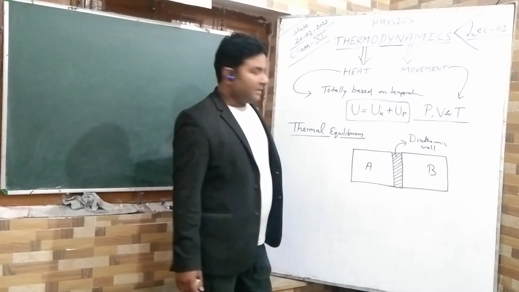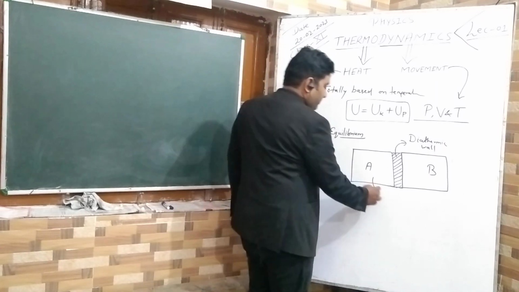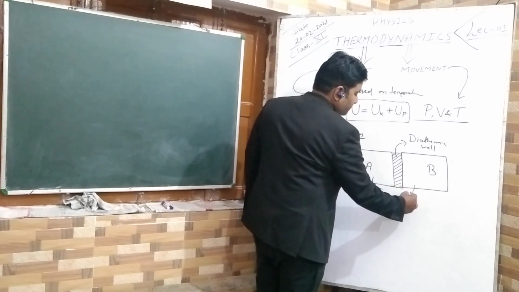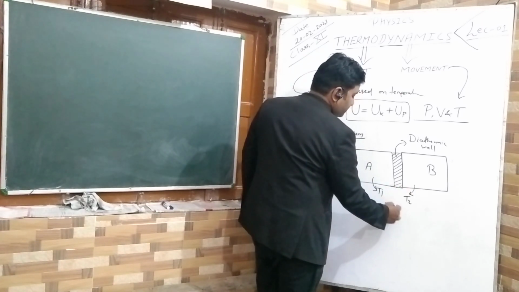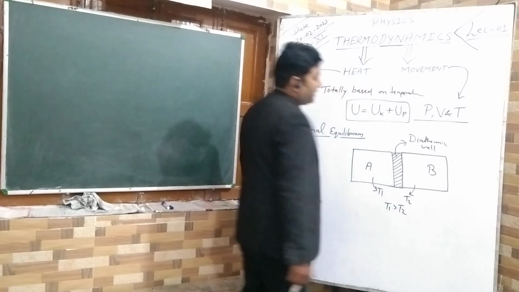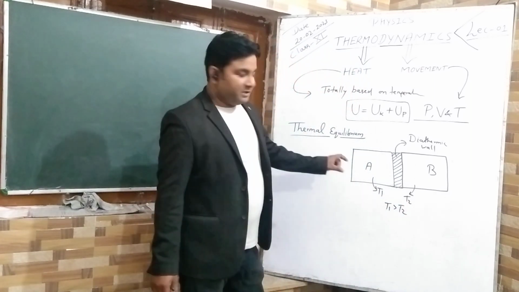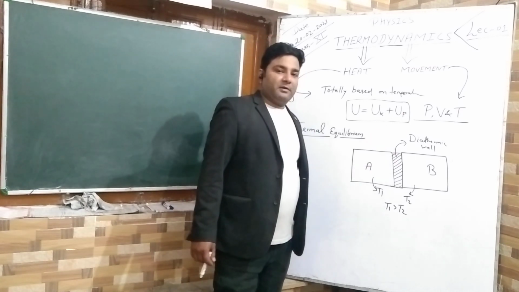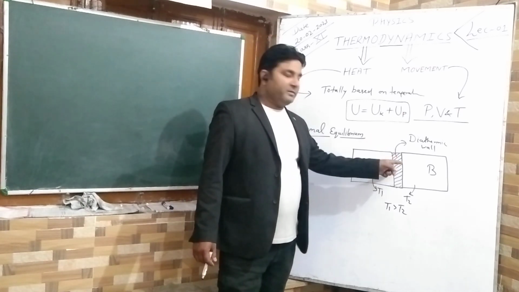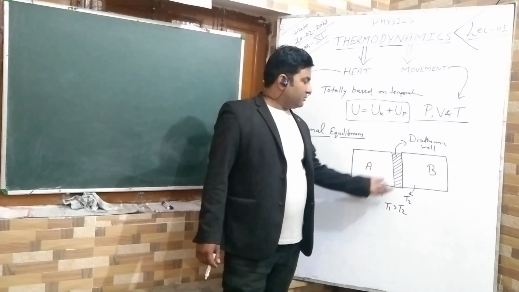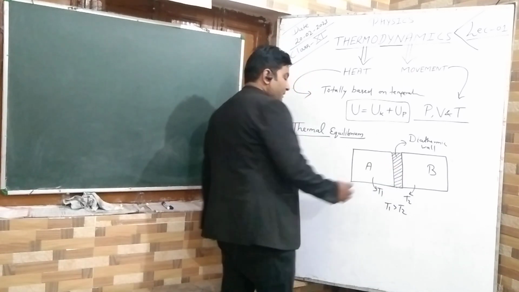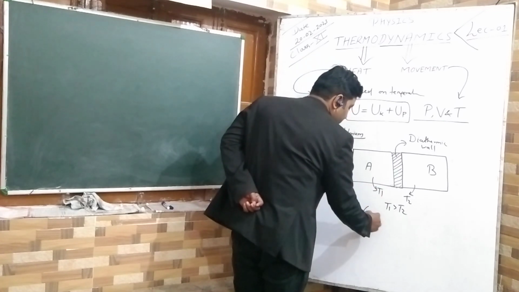Initially the temperature of body A is T1 and the temperature of body B is T2, and T1 is greater than T2. When bodies A and B are connected through this diathermic wall, then after some time their temperature becomes